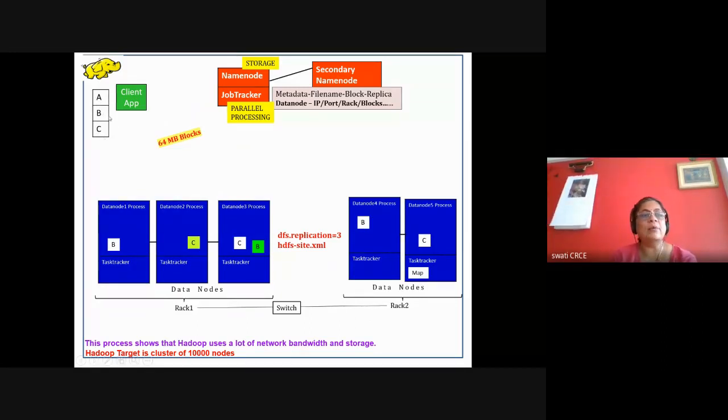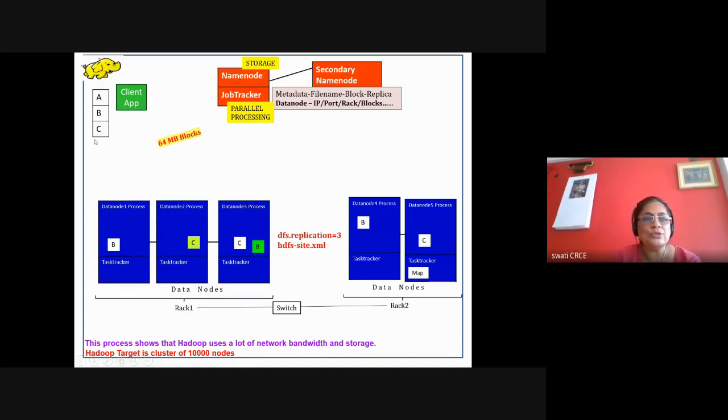Suppose the name of the file is feedback.txt. Suppose I want to find out how many times the word refund has occurred in this feedback.txt file. Okay, so this is some feedback from a particular vendor's customers, and how many times returns or refund is done with respect to this particular vendor. So I want to count the word refund. What is the frequency of the word refund? Or I want to find out the frequency of each and every unique word. So this is something like a big file. This ABC combined together, this big rectangle, is a file, feedback.txt.